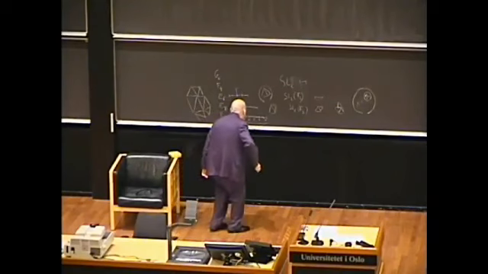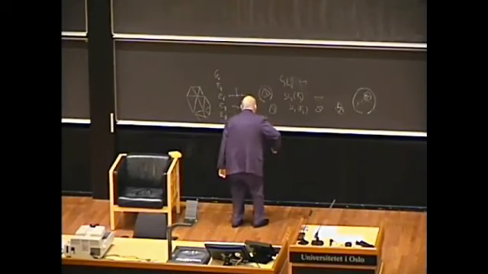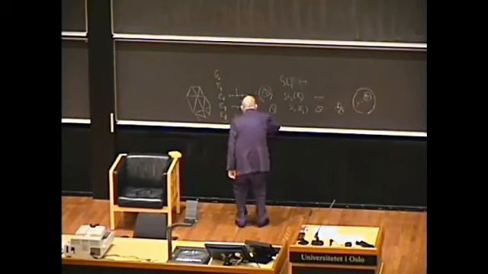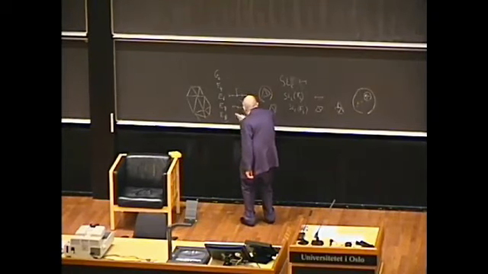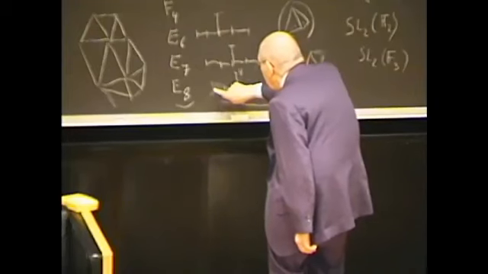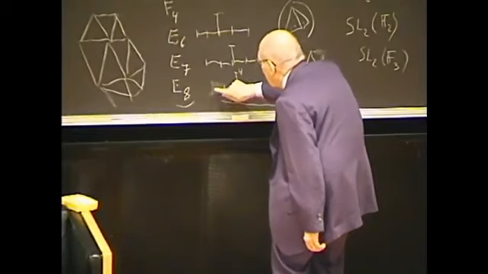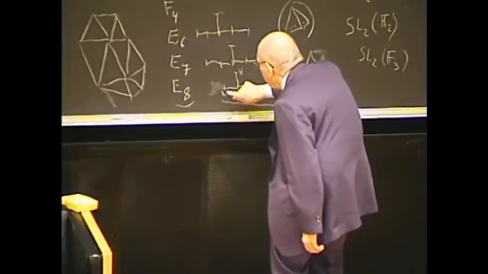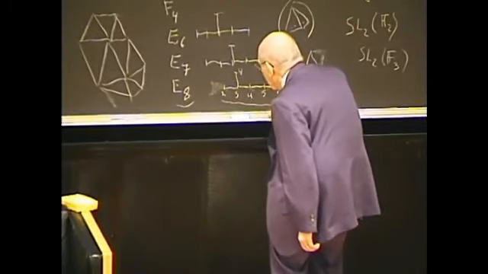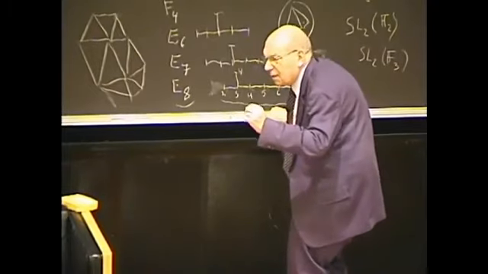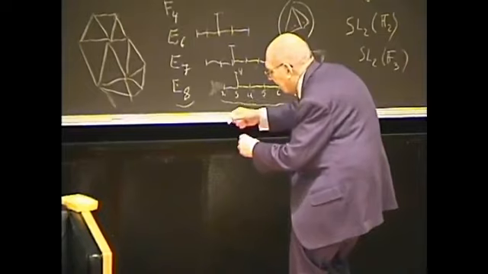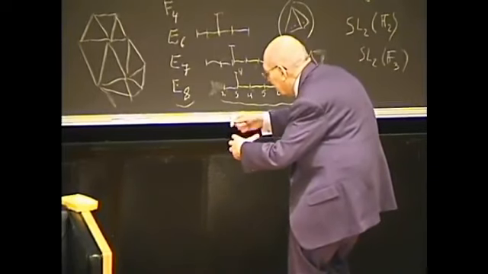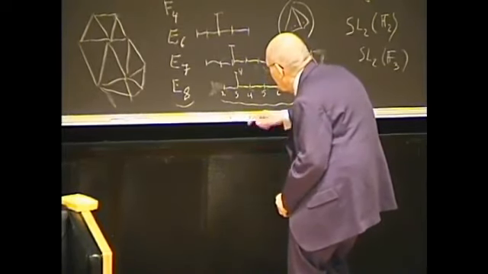I take a simplicial complex in which the vertices are labeled 1, 2, 3, 4, 5, 6, 7, 8. There are many simplices, many vertices of type 1, many vertices of type 2, and so on. If I take one vertex of type 1, and if I take all the vertices that are neighbors to that one, I get